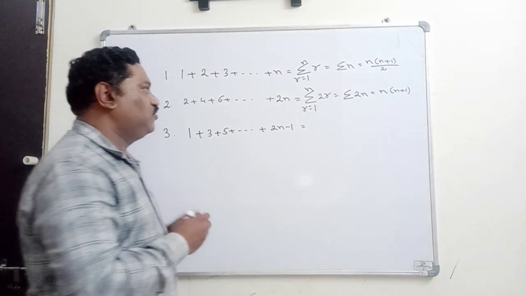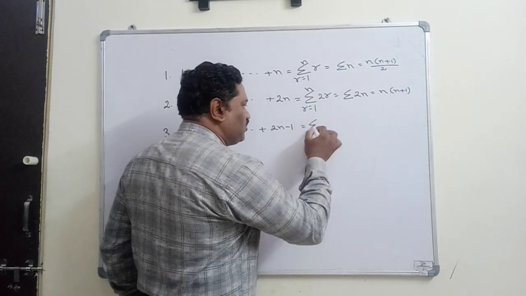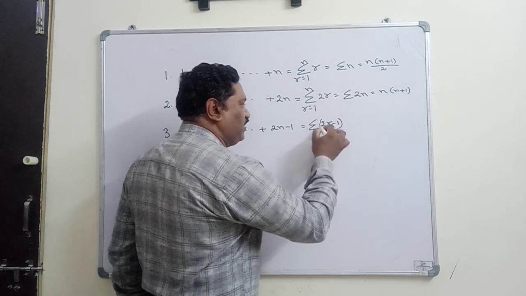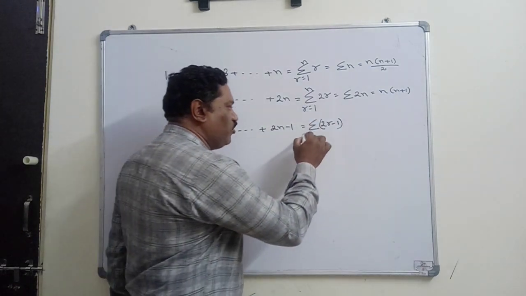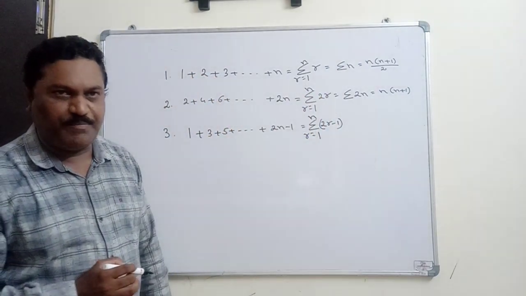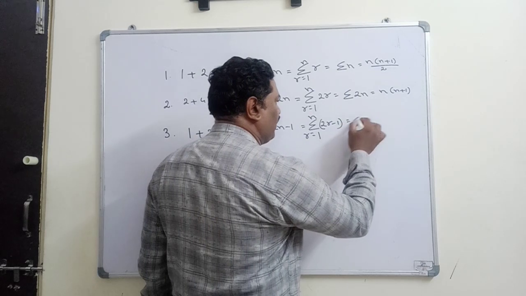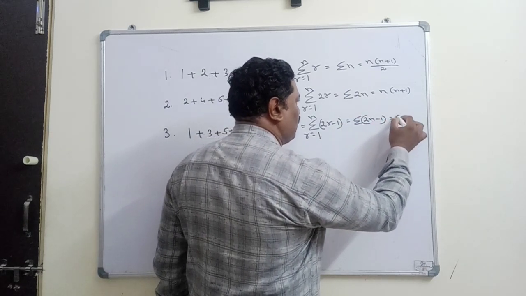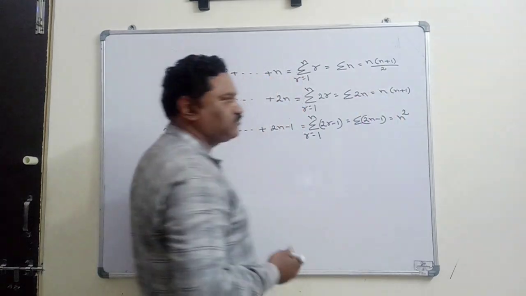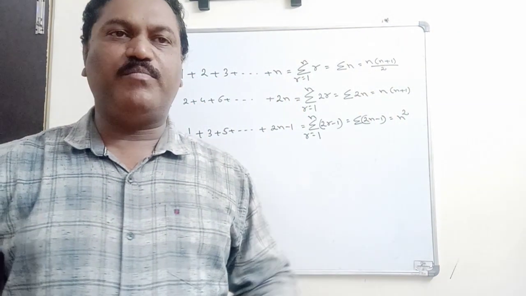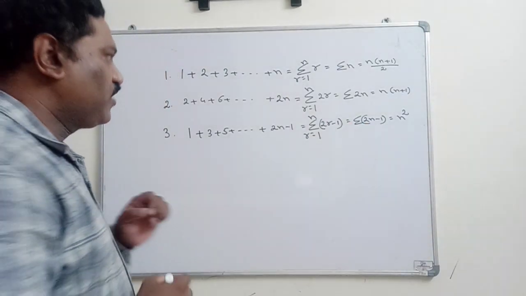Okay, so in the sigma format you can write sigma 2r minus 1, where r varies from 1 to n, or simply sigma 2n minus 1. This is nothing but n square. So the sum of the first n odd natural numbers is n square. Okay, similarly